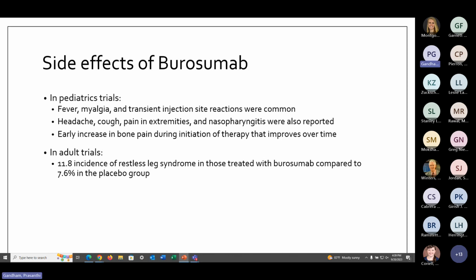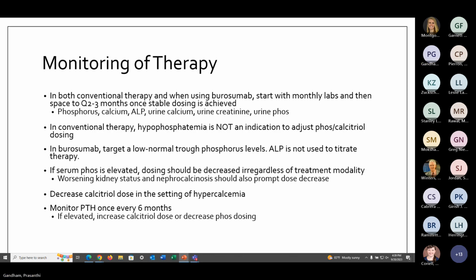In adult trials, there was an 11.8% incidence of restless leg syndrome in those treated with burosumab, compared to about 7.6% of those who were treated with the placebo only. But overall, well-tolerated therapy. As far as monitoring of therapy is concerned, in both conventional therapy and when using burosumab,